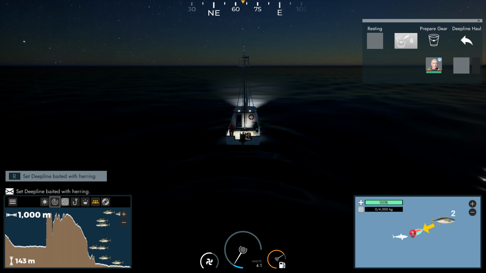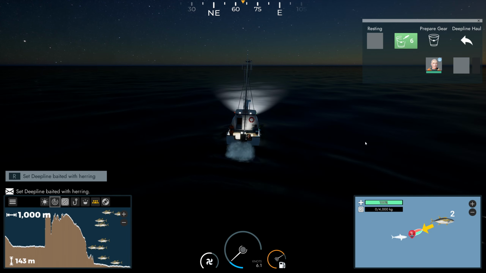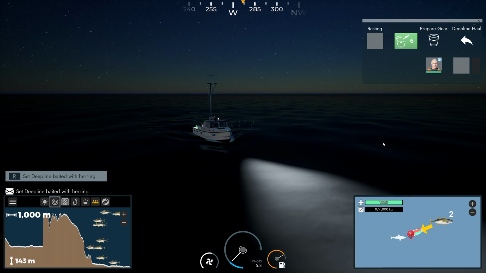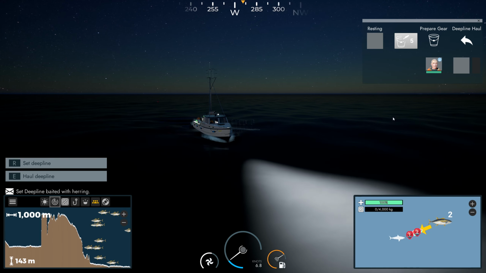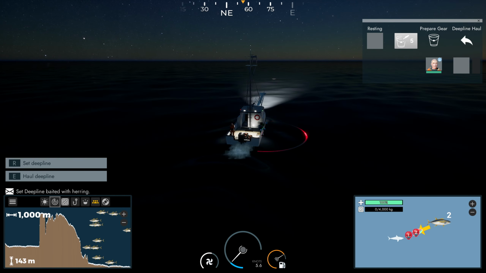As I said, we're literally carrying on. I'm about to drop my next. If I try and drop it and I'm too close, it will tell me. I've dropped another one there, but they do have to be 100 meters apart, otherwise it gives you a little warning saying